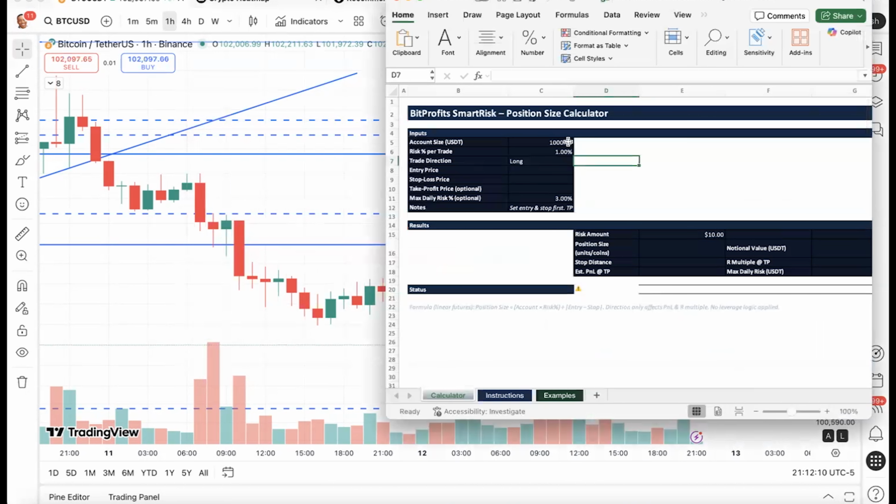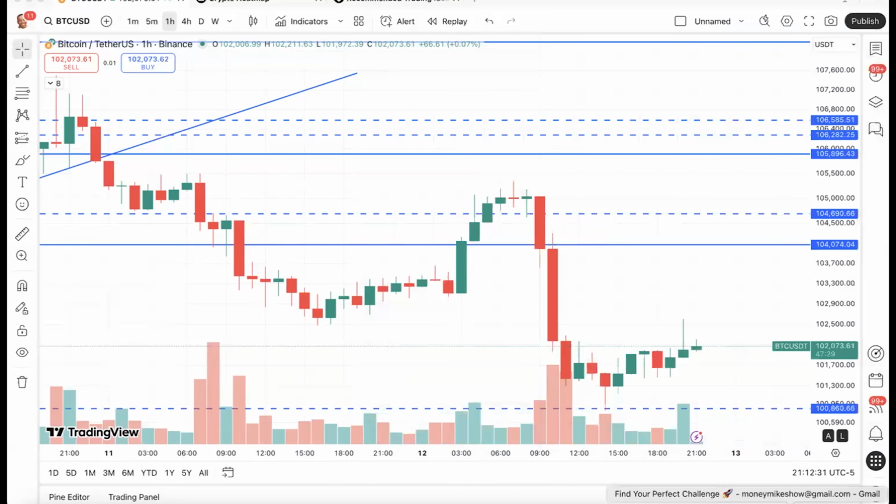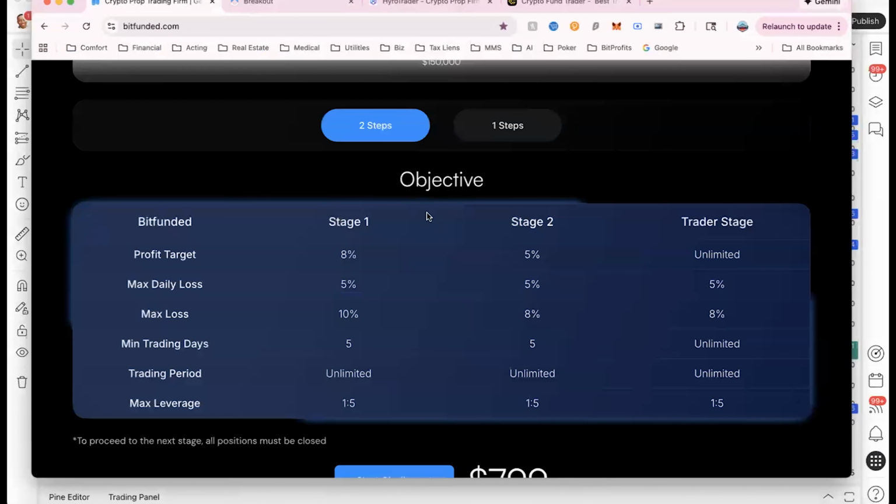You can come in, put your account size, say 100K. It's telling you that you should be risking 1% per trade. So my risk is 1,000. So what does that mean exactly? Because I know a lot of people say, oh, risk 1%, risk 1%. What this means to me is that regardless of how much you trade, if you get a 100K account,